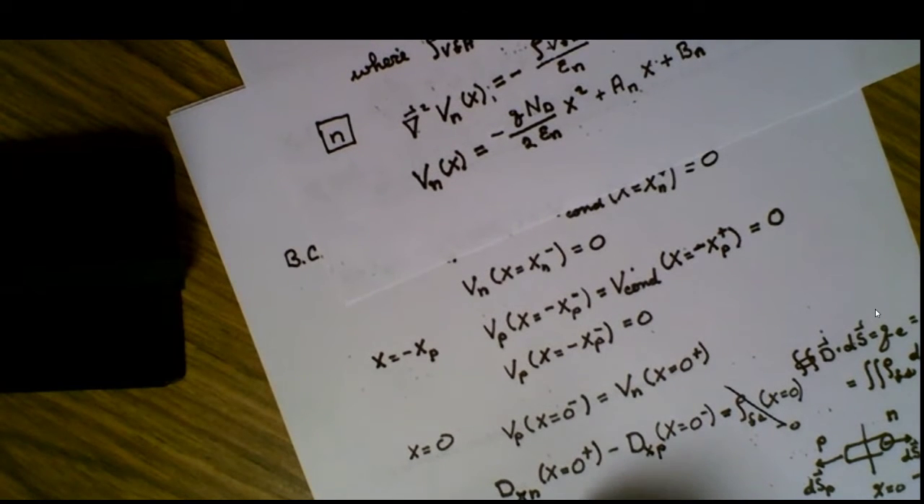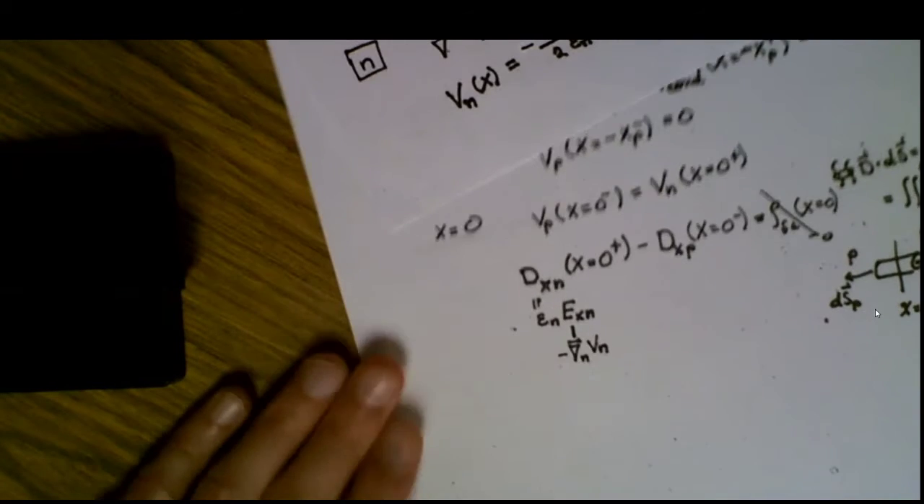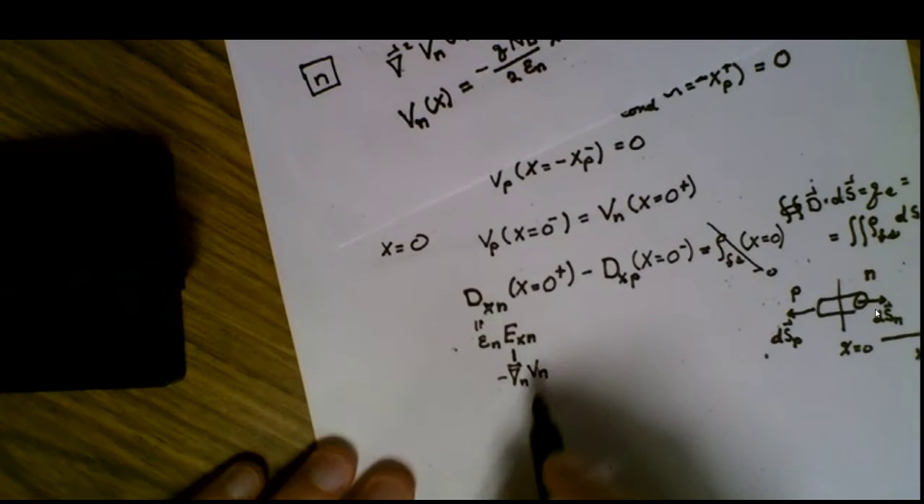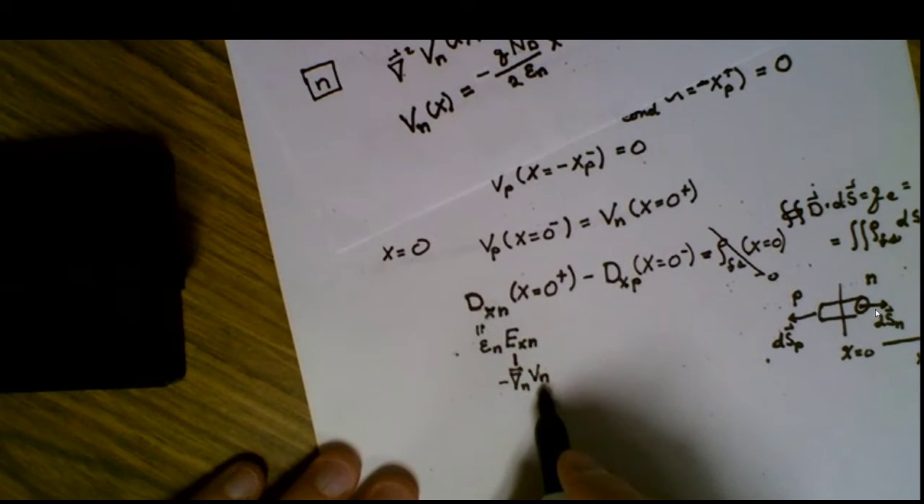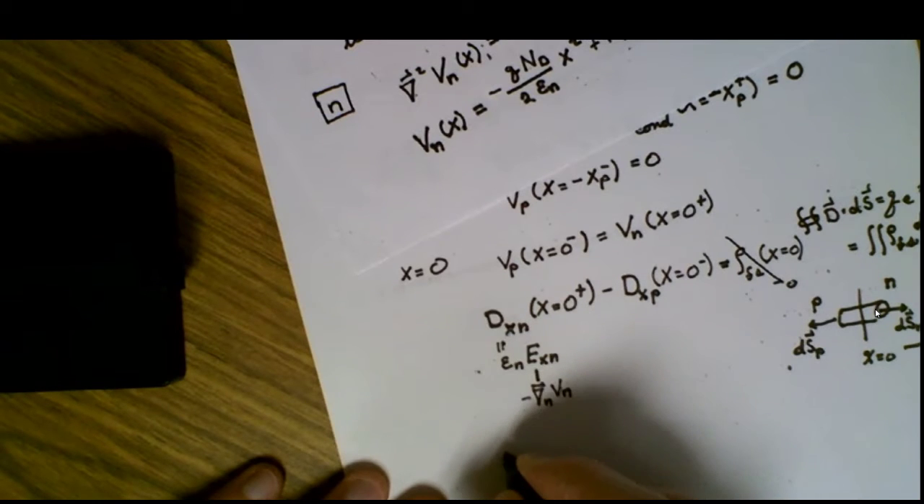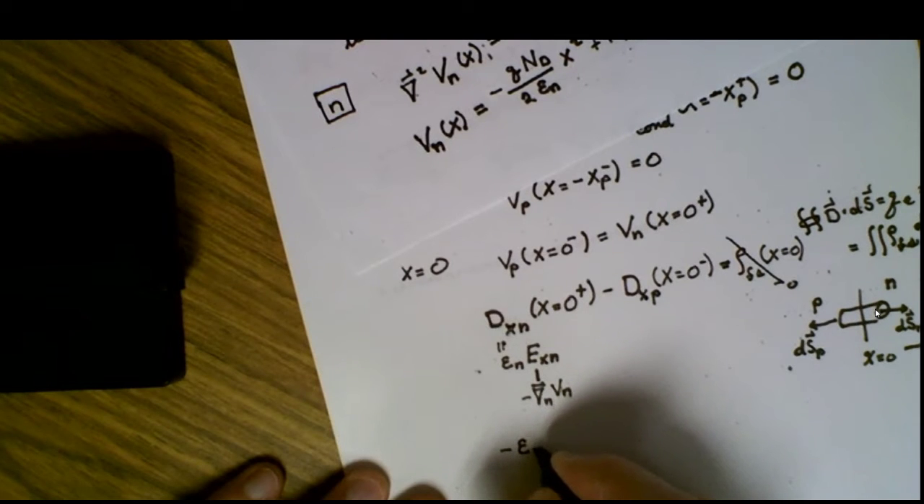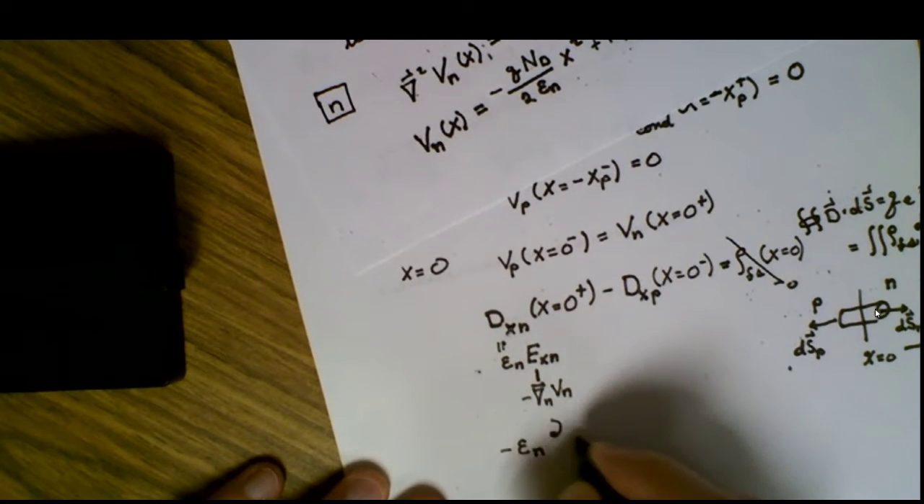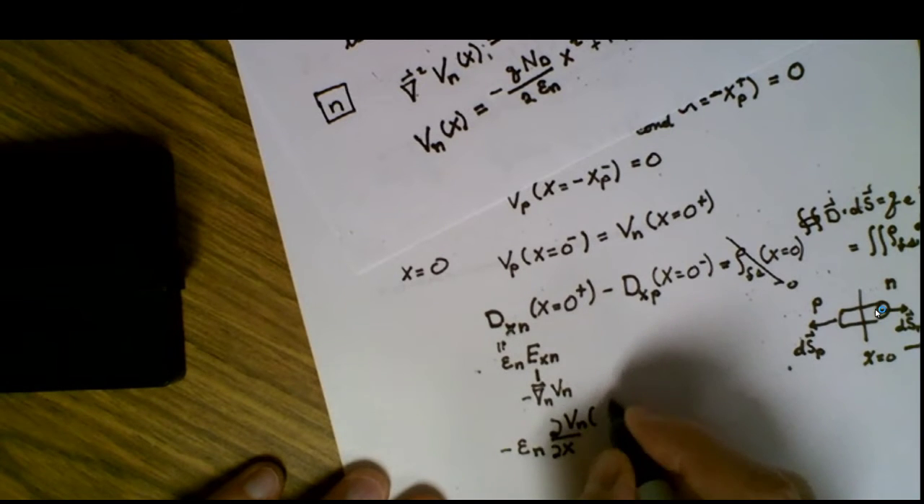And this would be the gradient associated with the normal component. Therefore, I have to use N to be normal here. The normal component of our potential V. So consequently, writing D in terms of the potential will give rise to minus the permittivity in the n region times the derivative with respect to x operating on the potential in the n region at x is equal to 0 plus,